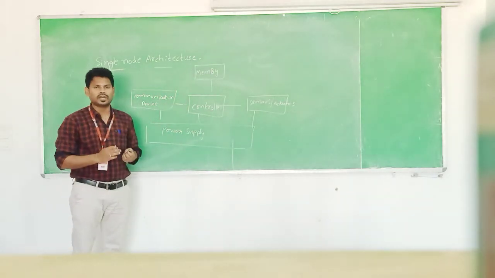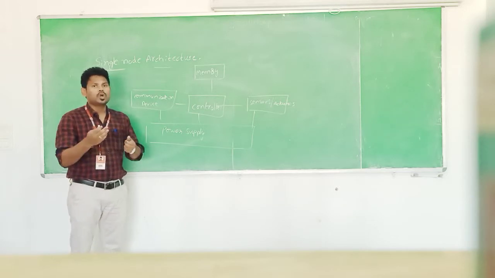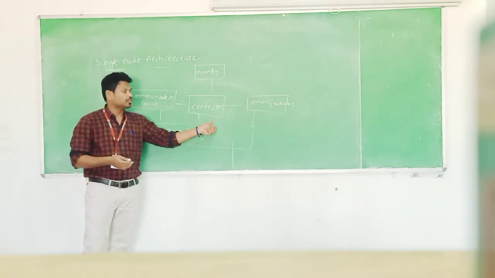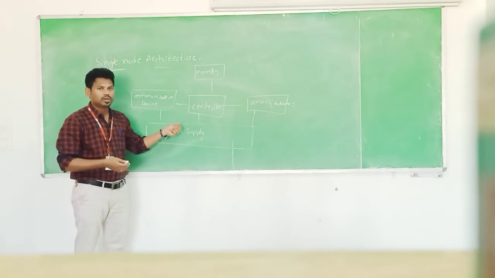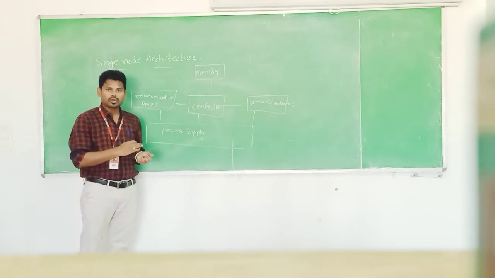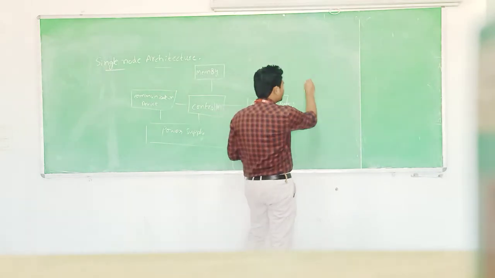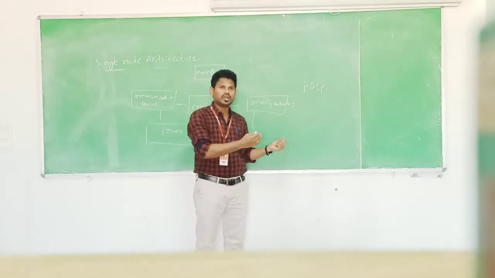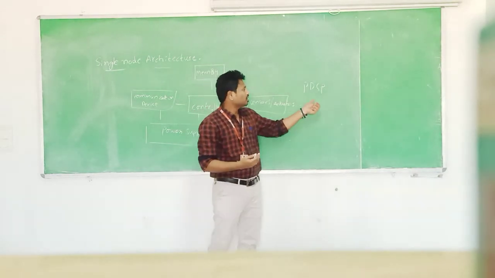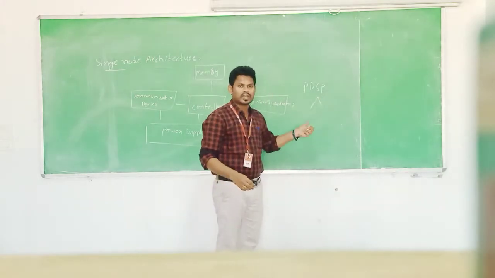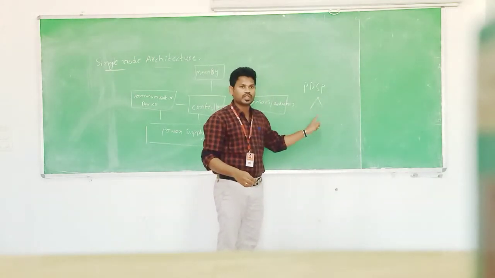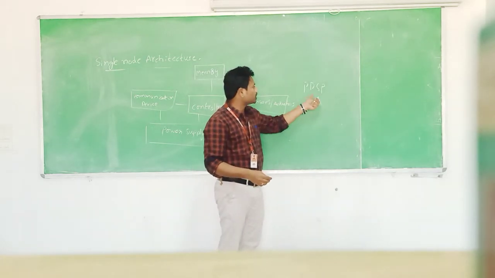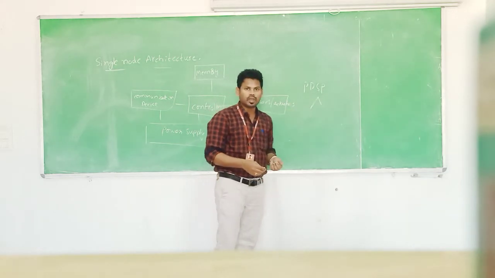This microcontroller is a general purpose processor which is used to process the data collected from the sensors and actuators. And the second one is PDSPs, programmable digital signal processors. These are also general purpose processors. PDSPs can collect the data coming from the sensors, and can collect the data from the analog communication devices and extract the digital data from them. That is the purpose of these programmable digital signal processors.